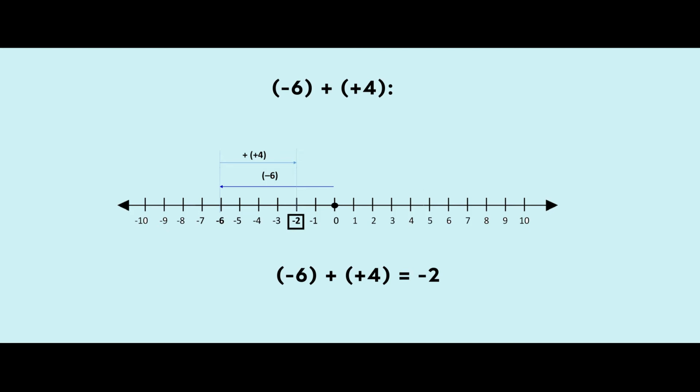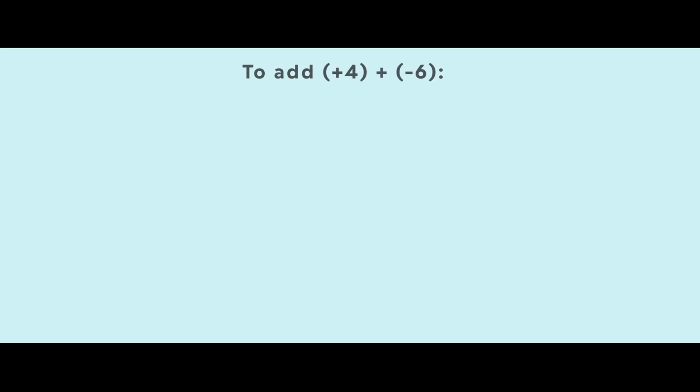Here again, when we are adding integers on the number line, here also we are applying the zero property. When you add positive 4 and negative 4, the value is 0. So we say that is the zero property. Here, as we are looking at the commutative property of integers, let's see, to add positive 4 plus negative 6.